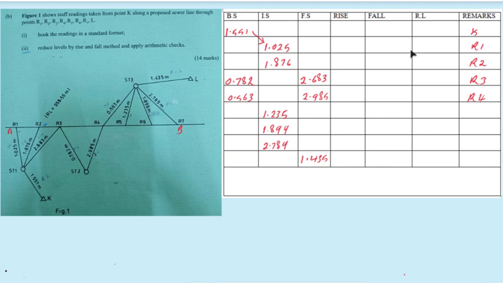For this one, it's a positive of 0.2526, which is a rise. So we have a rise of 0.526, and then we subtract 1.025 minus 1.876. This one will give us a negative, so it is a fall of 0.851. Then immediately we are through with that, we subtract this, and this one will give us a negative of